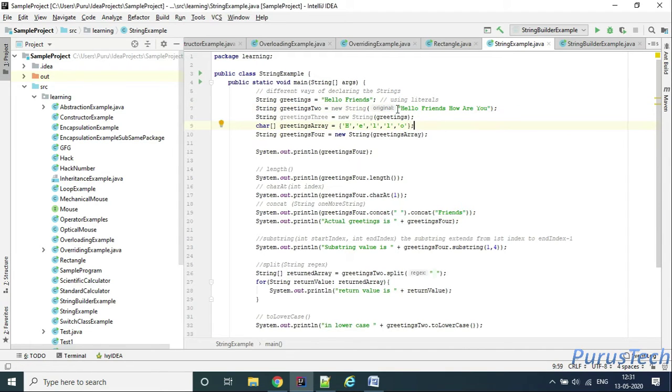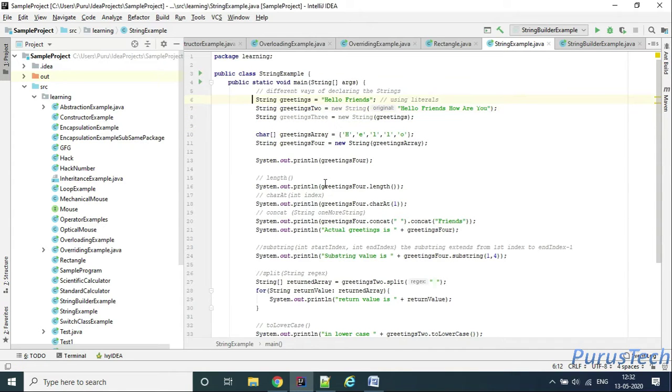Here I have given a sentence like hello friends, how are you? This is the second way. And the third way is that you can directly pass a string variable which is already defined above.